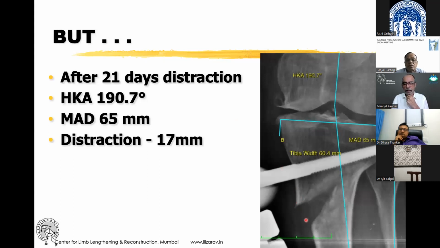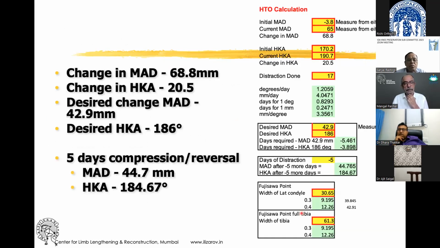Distraction over here at the gap is only about 17 mm. So we have a spreadsheet to sort of calculate so many days of distraction has resulted in so much angle, and therefore how much we need to reduce it. So based on that calculation for this patient, we needed 5 days of reversal. That means 5 mm going back to get our mechanical axis